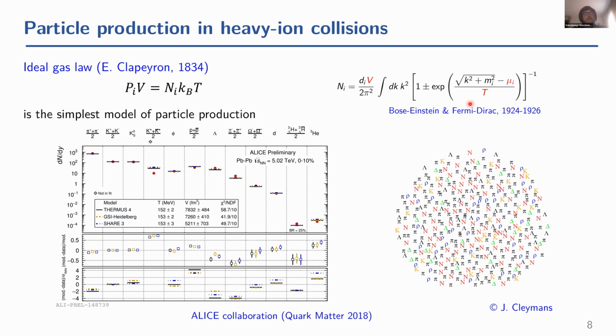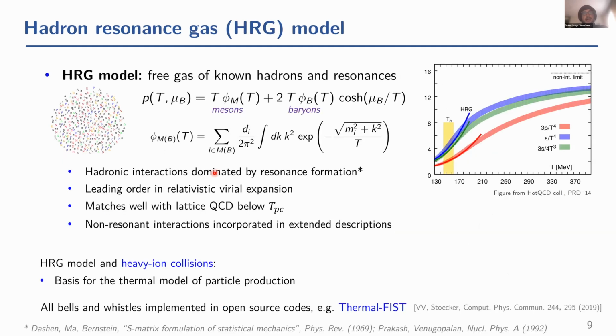And if you apply this model to particle production, then you can see that the majority of yields can be described on a roughly 10 to 20% level of relative error, but across, in some cases, like 7 orders of magnitude. So this is really remarkable. And this is sort of a starting point for how you can put heavy ions on the QCD phase diagram.